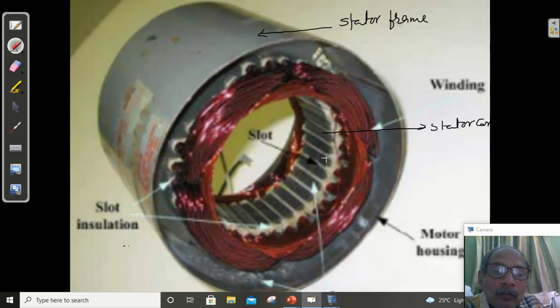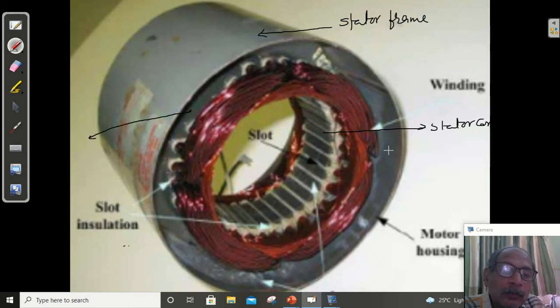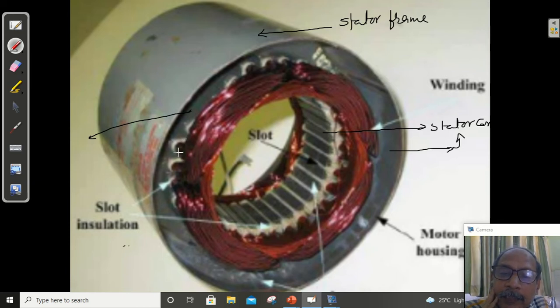Now stator core, you can say it is not solid, laminations are there. Lamination मतलब पत्तियां हैं. ये भी स्टेटर कोर का पार्ट है, this part स्टेटर कोर. This is also stator core, circular. Okay, it is stator core. Okay, but it is not solid, it is laminated. Now you can say here ये जो दिख रहा है ना, this is the slot, it is called as slot. ये वाला पार्ट, it is called as slots.